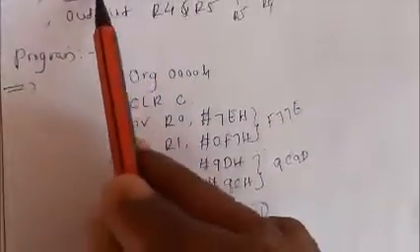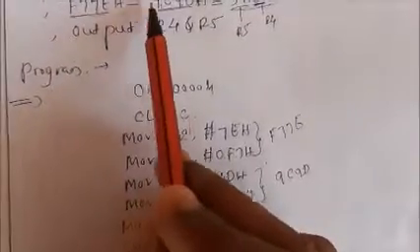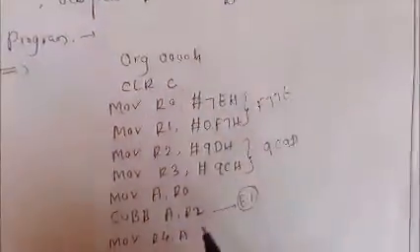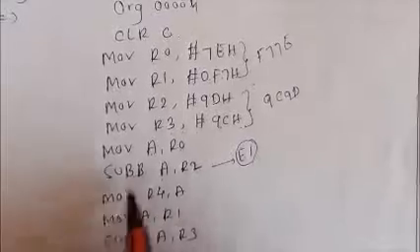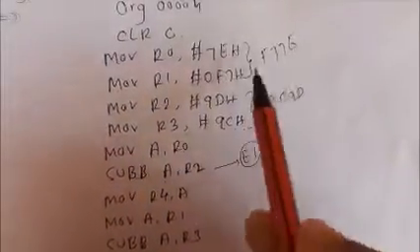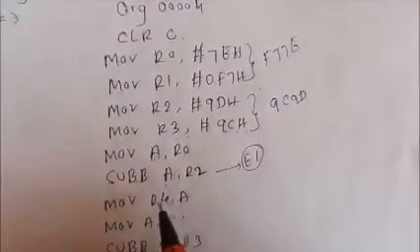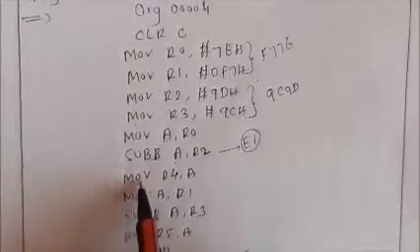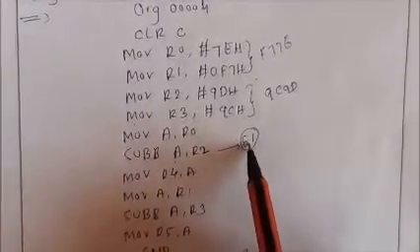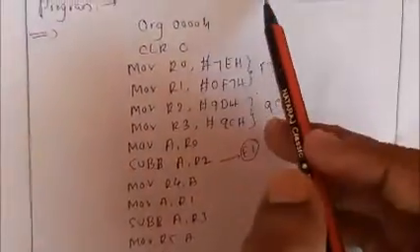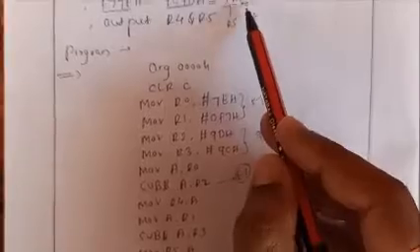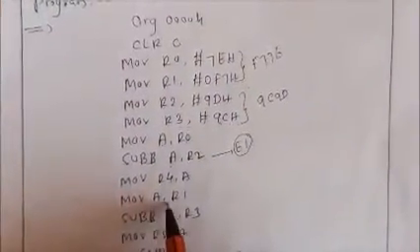So second, what will happen? I need to go for the next number, that is F7 minus 9C. Is it clear? What is the value of the F7 here? That is the R1 here. F7 is itself R1. So MOV R4, A. Whatever the answer it is, I just move to the R4. So that means I am going to store this one. E1 I load in the R4. Is it clear? So next one, MOV A, R1.